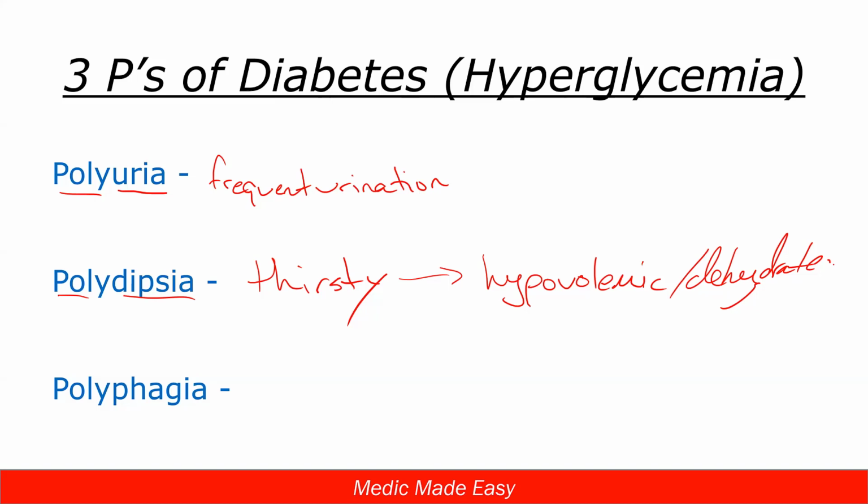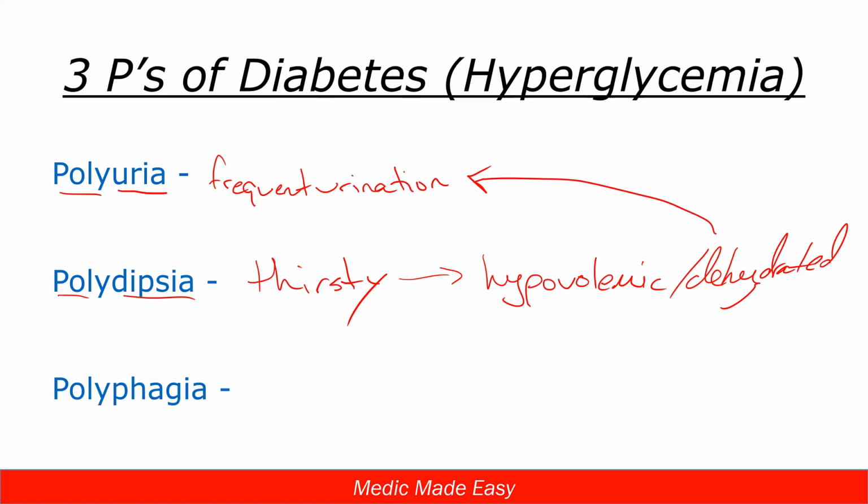Right? So they're very hypovolemic and dehydrated because we're peeing so much, right? So in an effort to try to get rid of that sugar by having us pee it out, we're peeing it out more, which means we're also getting rid of more water, more fluid from the system. So we get more dehydrated, more hypovolemic because of how much we're peeing. And so anytime we feel dehydrated and our body is sensing that we don't have enough fluid in the system, it triggers that little thirst mechanism in the brain, and we have that thought like, man, I should get a drink, and I'm thirsty.